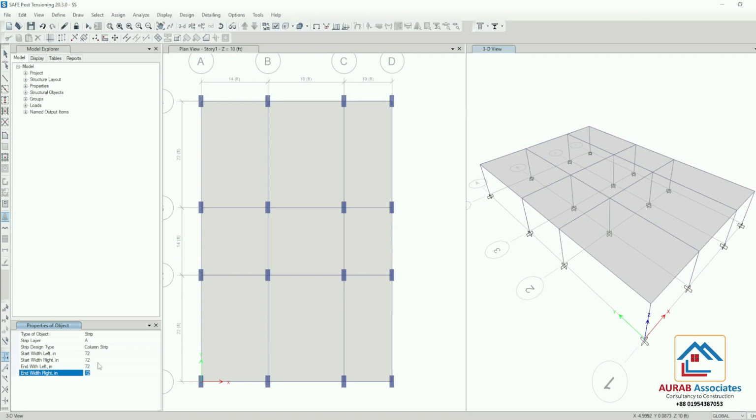Okay, we are using 6 feet design strip for both left and right, start and end.